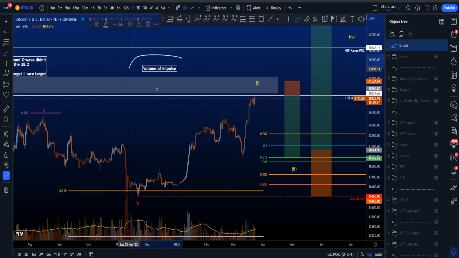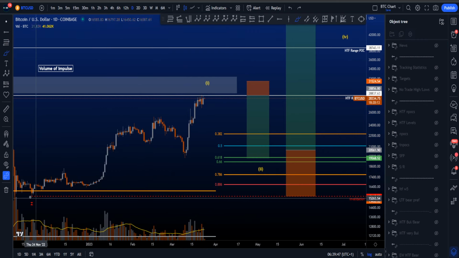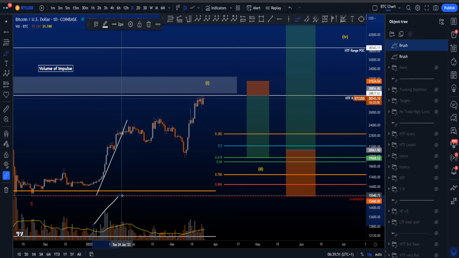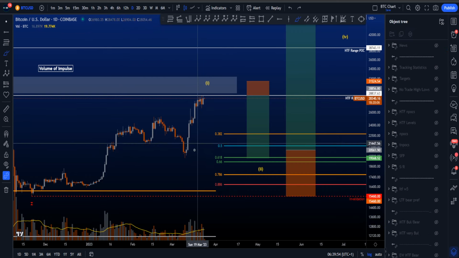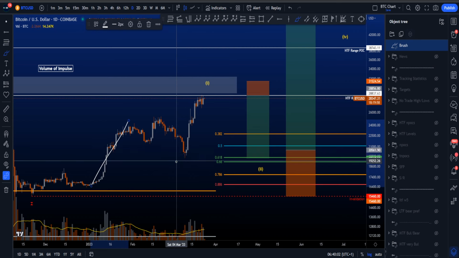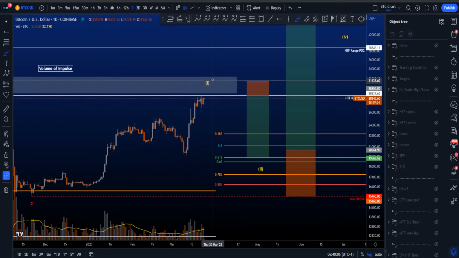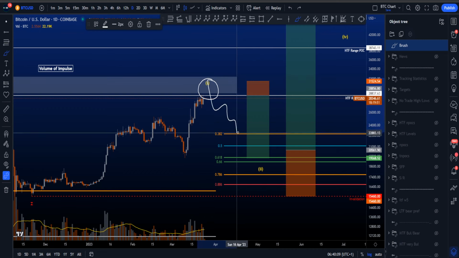Now if we look at the volume of the impulse, which then is this structure, we're looking for a 1, 2, 3, 4, 5. And we can see that in this wave 3, volume went up very nicely. We can also see if this is a nice wave 5, volume in this wave 5 at the moment is lower, which is exactly what you want to see between a 3 and a 5. You want to see the volume going down. So that makes it actually quite interesting for this to be the high of 1 and then get a retracement,